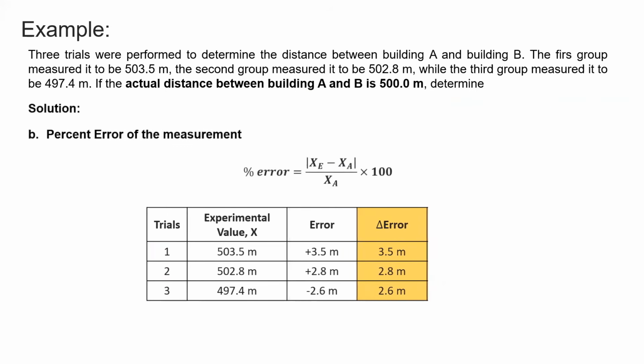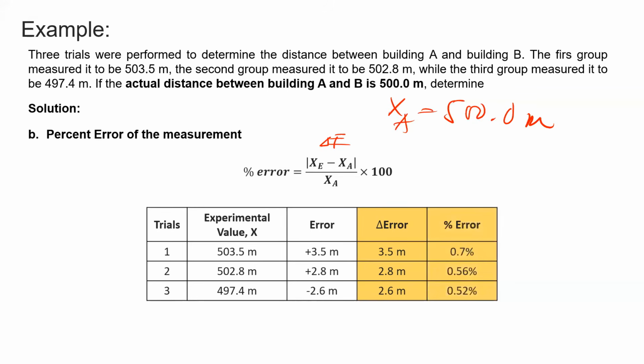Okay, so now that we have the absolute error, we can now look for the percent error. Again, percent error is equal to the absolute error divided by the accepted value times 100. So you just substitute these values into the equation, wherein our accepted value is equal to 500 meters. If we plug all these values into this equation, we get